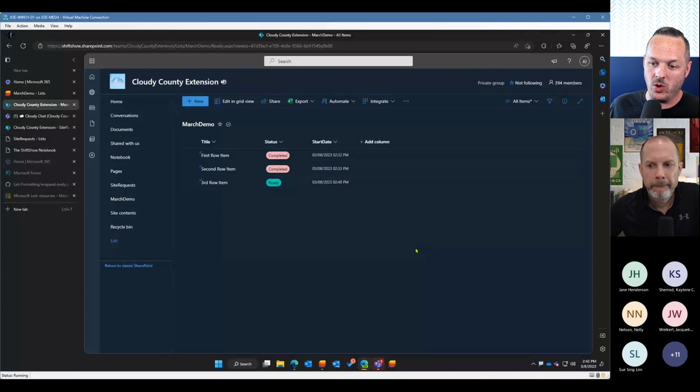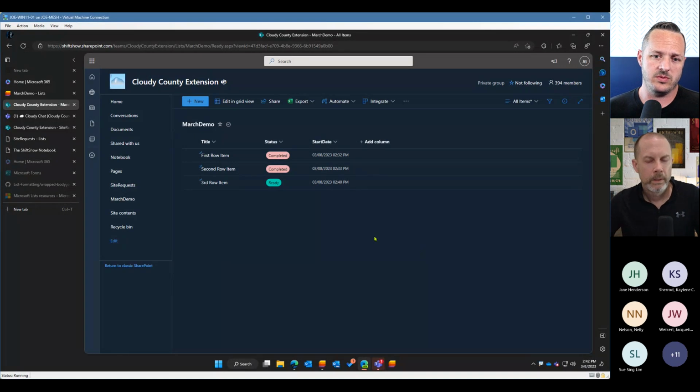Could you embed a view only list if someone wanted to have this publicly visible? That's interesting because there are a few different flavors of lists. There is the ability to share a list as an anyone link and do a view only. I actually did that with a group that my wife does some volunteer work for. They have a nonprofit